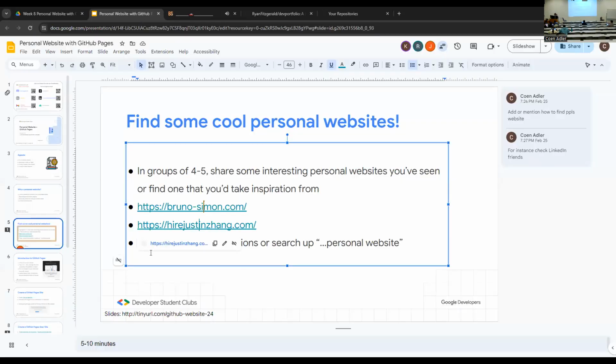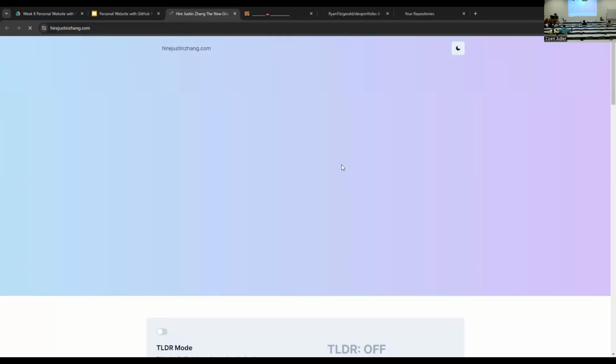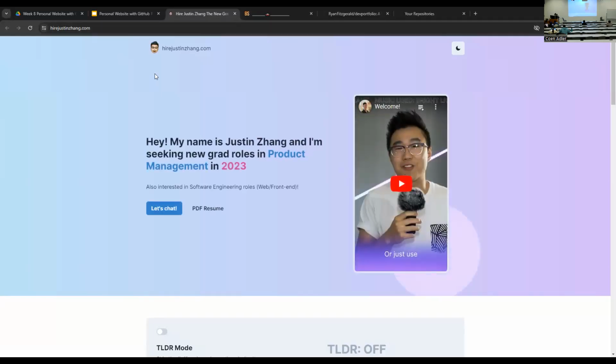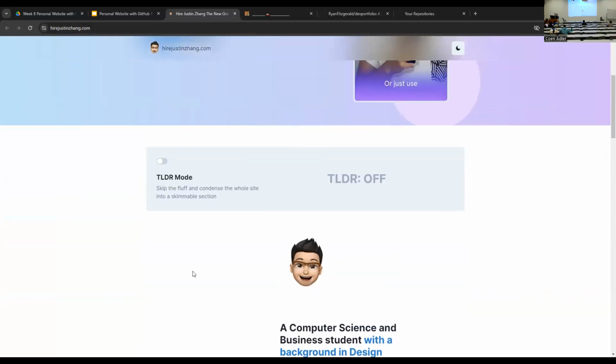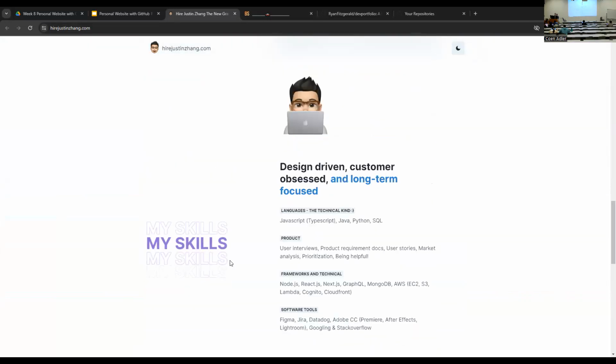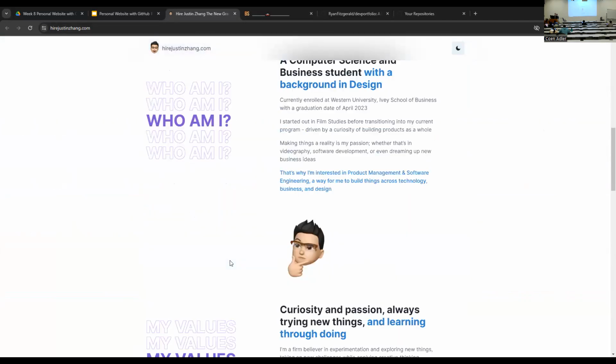The other one is Hire Justin Zhang. And I like the colors. I'm a big fan of the gradient and this color scheme. The video wasn't working earlier, but I guess it's working now. There's a link you can download his resume. It shows off his web and front end. What I also liked, he has a TLDR, which quickly shows off what he does. And then